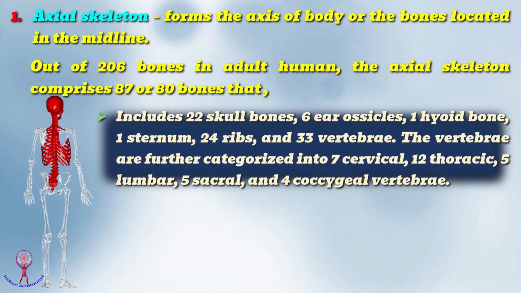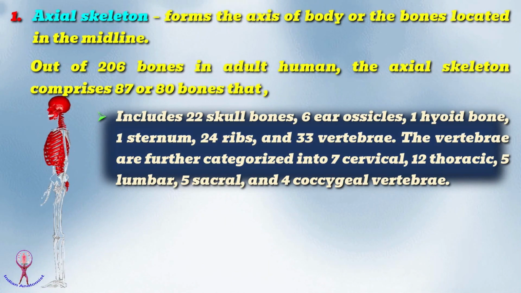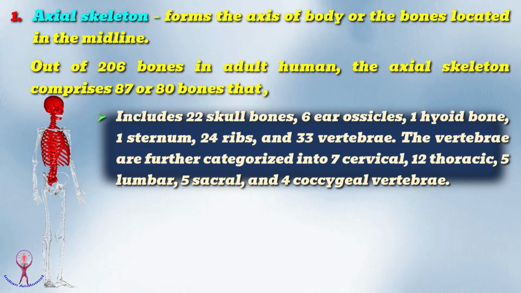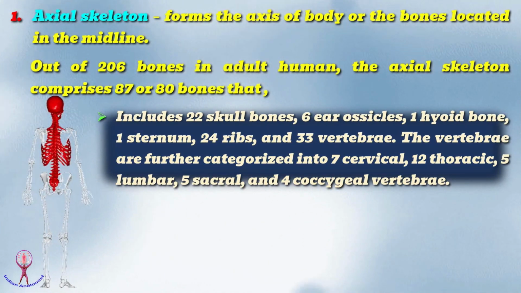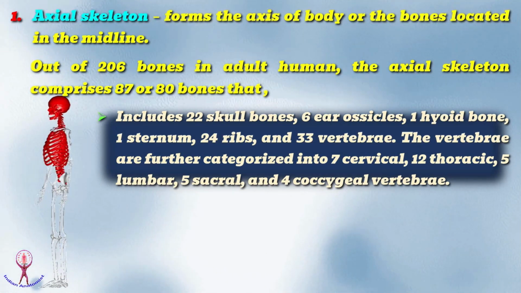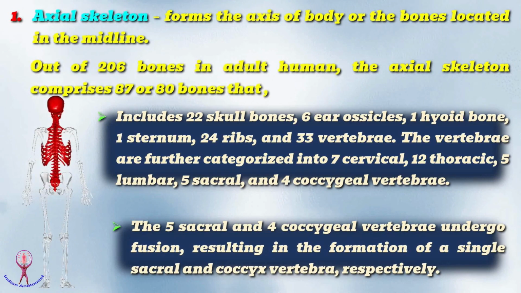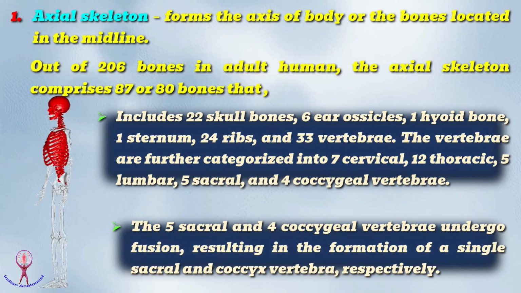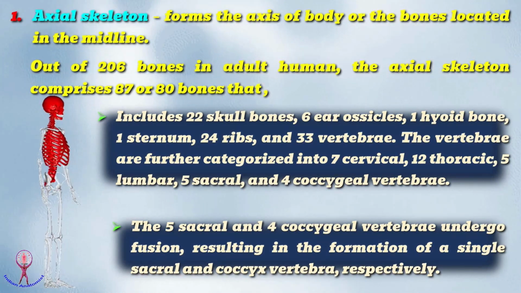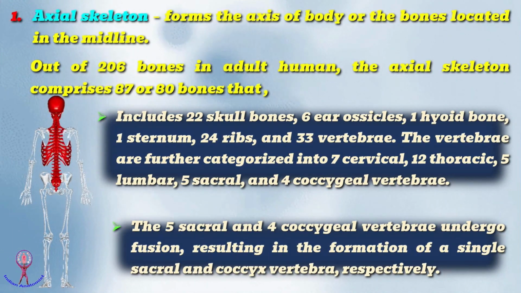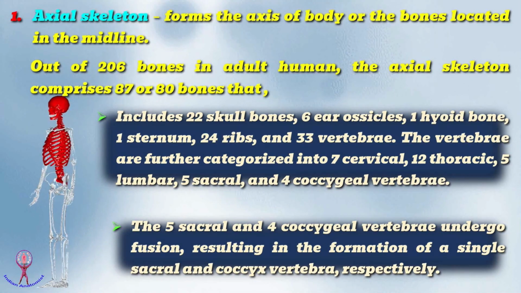The vertebrae are further categorized into 7 cervical, 12 thoracic, 5 lumbar, 5 sacral, and 4 coccygeal vertebrae. The 5 sacral and 4 coccygeal vertebrae undergo fusion, resulting in the formation of a single sacrum and coccyx,